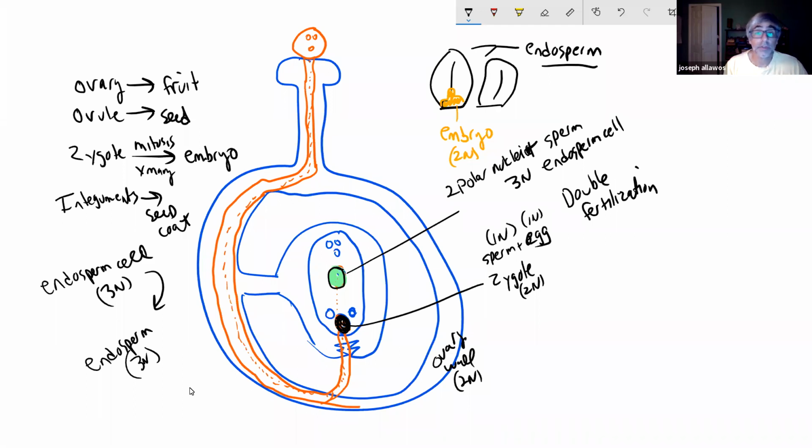And so one of the things I would like to do now is think about some differences between gymnosperms and angiosperms in terms of life cycle. And then at that point, we'll talk about angiosperms and what we consider to be more primitive angiosperms versus more advanced. And then we'll be wrapping it up, y'all. Okay. So what about some differences between